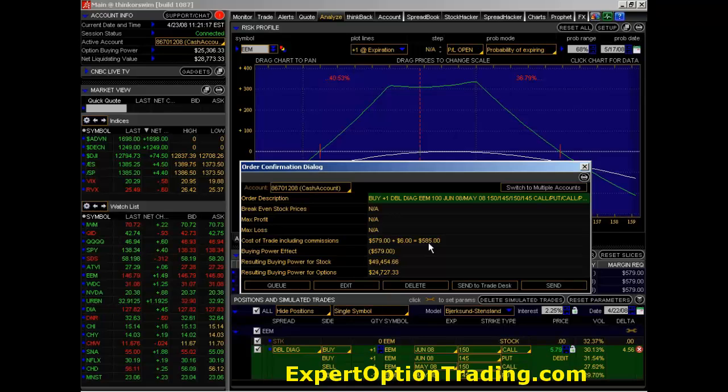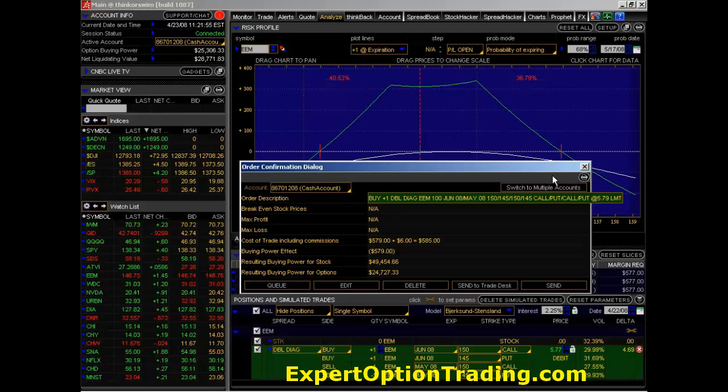Since we use both puts and calls, though, the stock, in this case an ETF, can't be up and down at the same time. It can only be trading at a single price. So one side of this position may be more profitable than the other, and normally if the trade does go against you, you can close it out with either a very small loss or maybe even a small profit without really harming your account. If we do keep it all the way to expiration, then all you have to do is take a look at the profit and loss graph